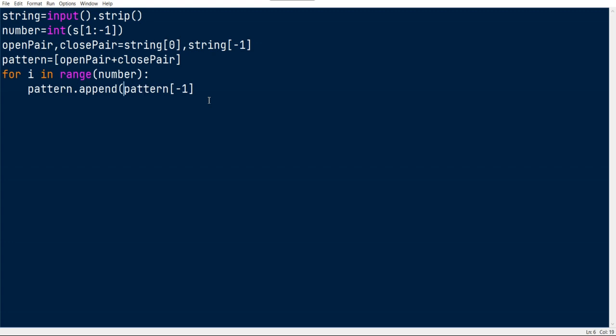That should contain the additional open pair and close pair plus